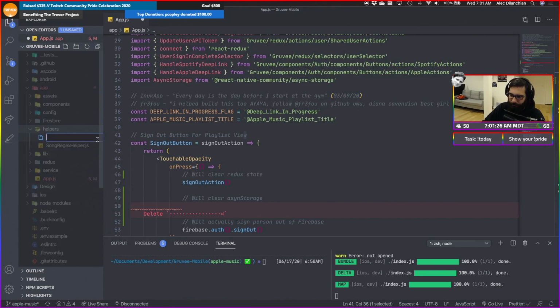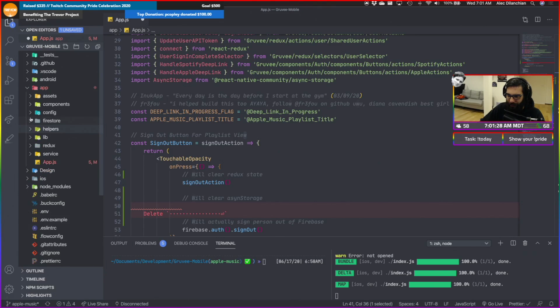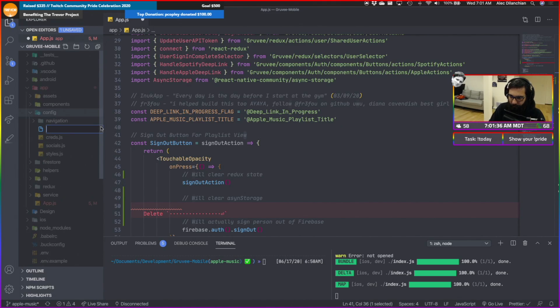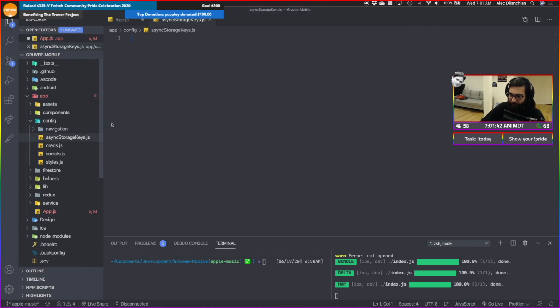Actually, let's do it in config. Yeah, that's probably a good idea. Async storage keys.js.